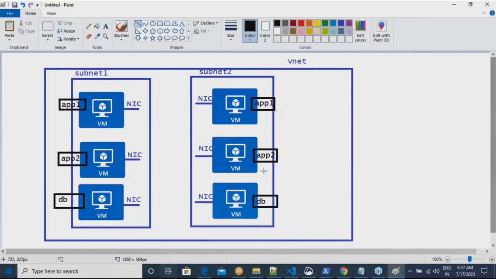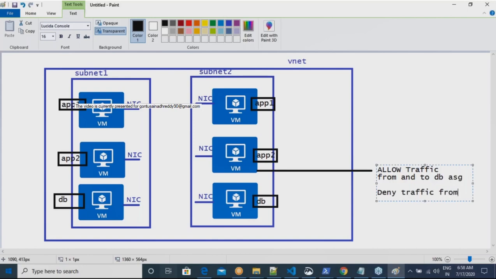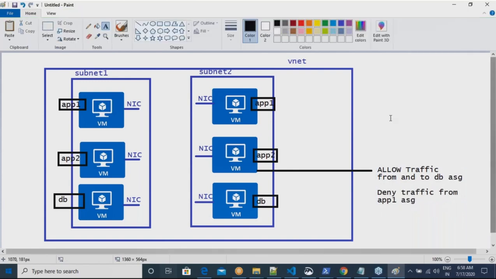Let us assume a network security group rule: allow traffic from and to DB ASG, deny traffic from app 1 ASG. Am I clear on this? So this is what you end up doing.